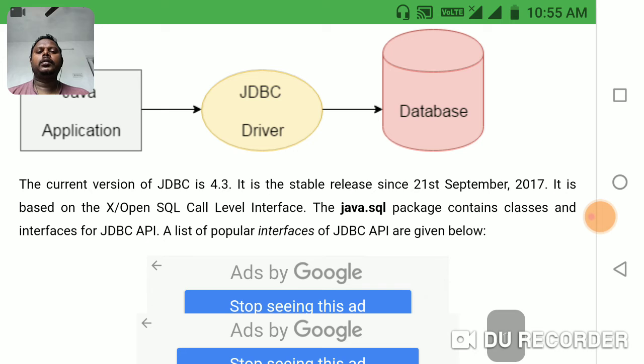It is based on the X/Open SQL call level interface. The java.sql package contains classes and interfaces for the JDBC API. A list of popular interfaces of the JDBC API is given.